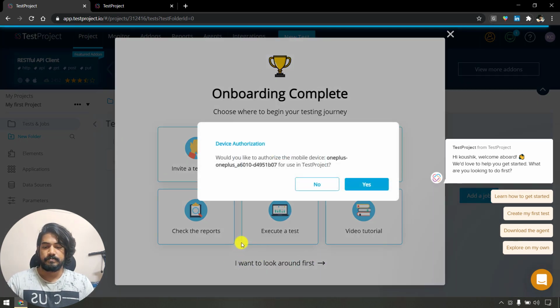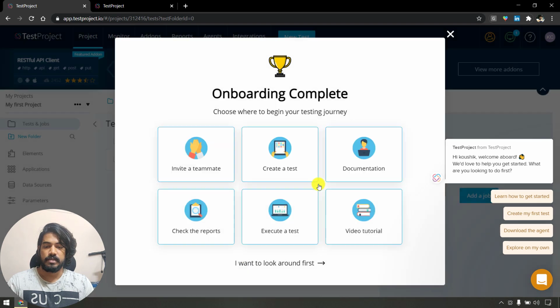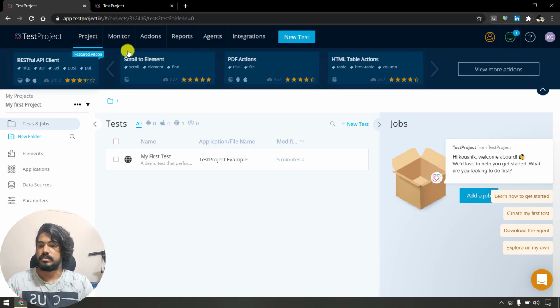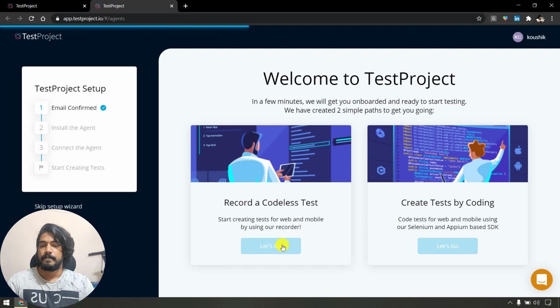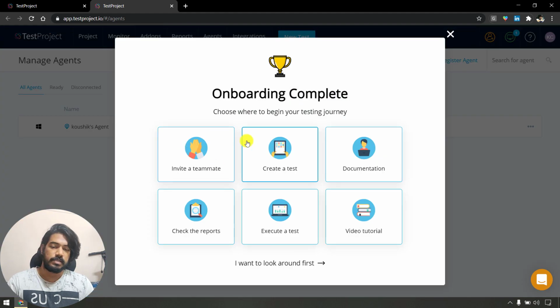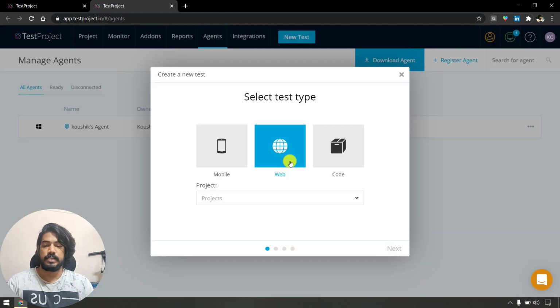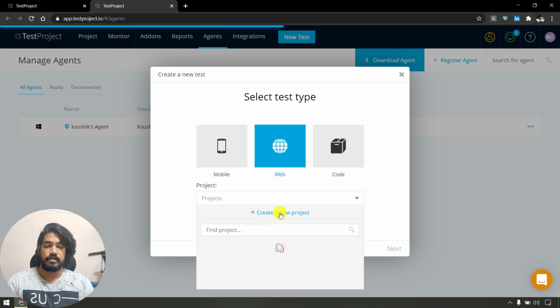No, I don't want it. Okay, I just want to look first. Now I'm going to click on this, maybe record a codeless test. First we'll create a test, and that's going to be web, and I'll create a new project.